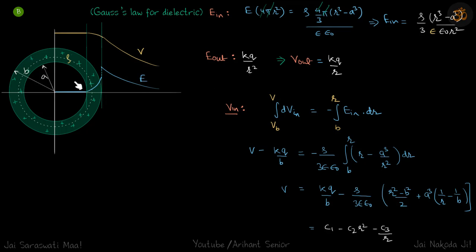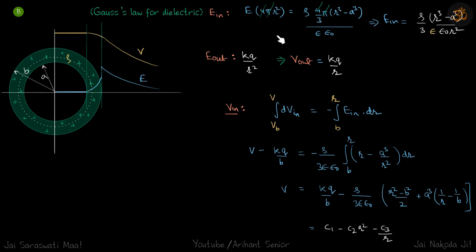Now let's plot V. So potential, let it be a constant inside. So it's going to be a straight line. In between region, the V in is this function. So you can see it's an inverted parabola and minus a function of 1 by r. So we don't know exactly how it will look like, but it's going to look a little bit like an inverted parabola. And after that, once it goes out, it's just inversely proportional to r. So it's going to fall like this.